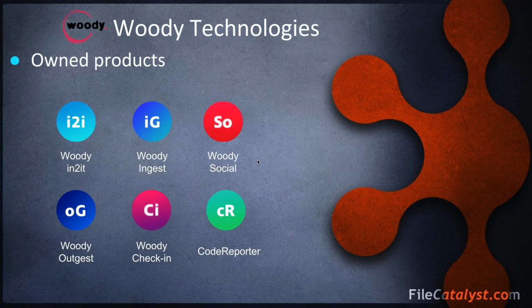And maybe you can go to the next slide, Elton. Thank you. So the product line of Woody Technologies combines owned products, third-party products, and custom developments. The owned products are 6 now. We have Woody Intuit, Woody Ingest, and Woody Social that are the ingest products. Woody Intuit is dedicated to journalists and editors for manual ingest tasks, Woody Ingest for automated workflows, and Woody Social for